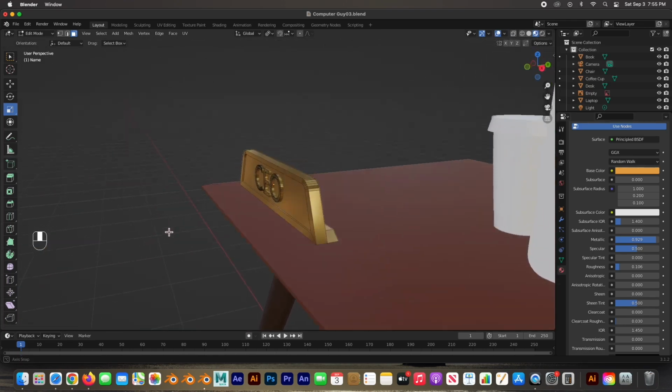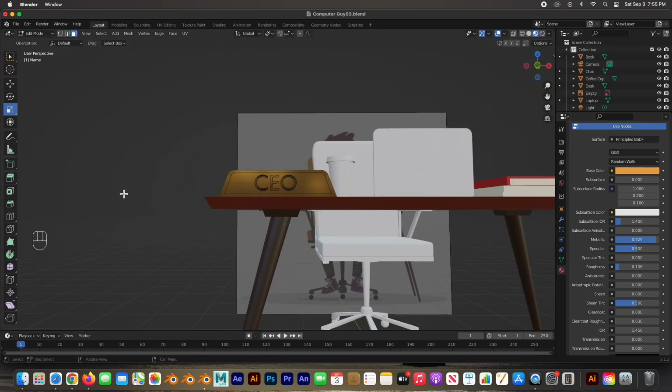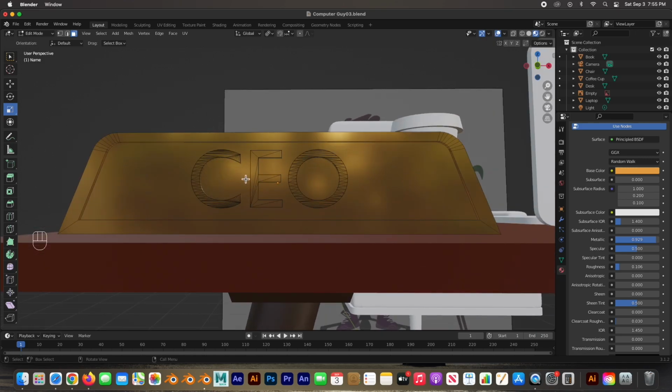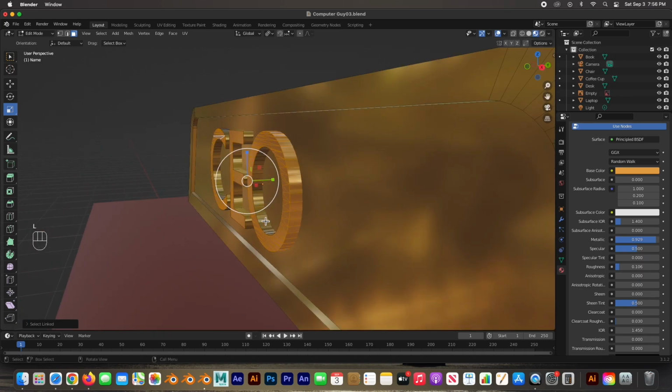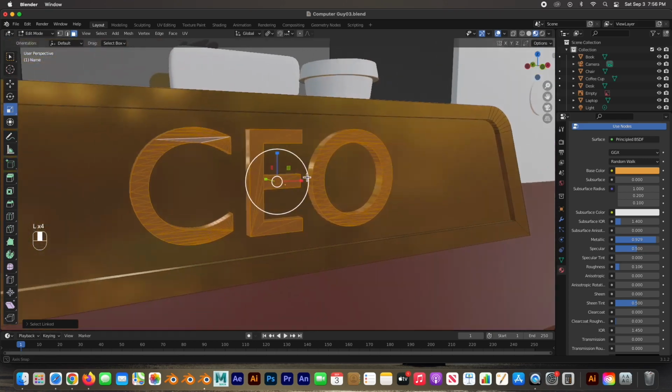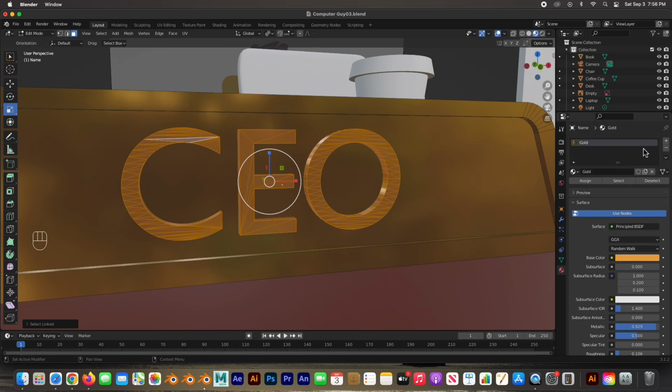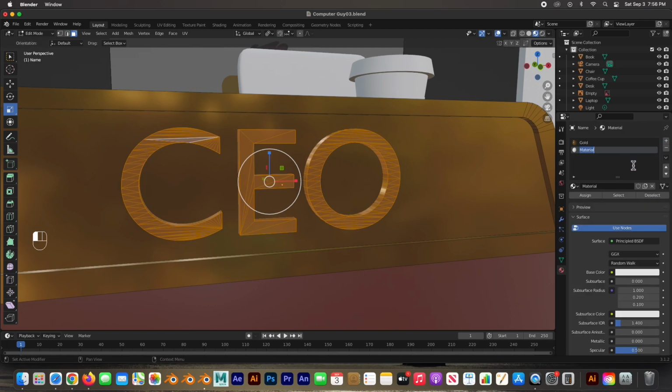There we go. We'll see what that looks like. We could color the letters, like maybe a different shade of it. Let's hit tab, L, L, L, and then hit L, L, L, L, and let's create a new material and just call it letters. And let's just do straight black,